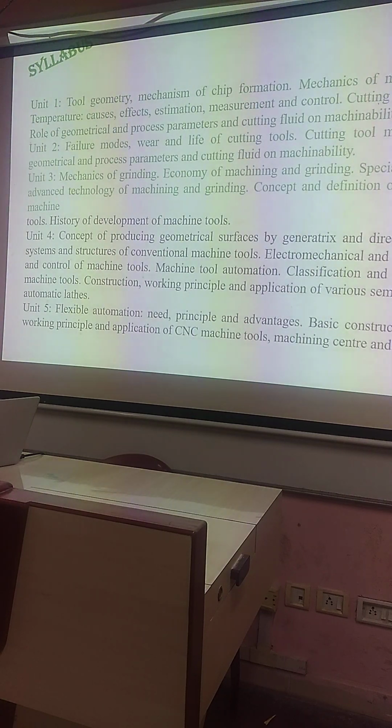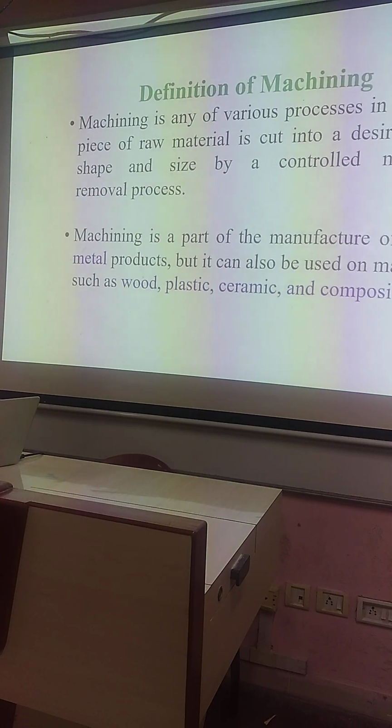Suppose we want to do the machining on Inconel 718. Then by using which tool can we do it, and up to which cutting speed? 50 meters per minute. It is the high speed machining for the material nickel-based superalloy, which has high hardness and high hot strength. So these are lots of things we should consider during the machining process.